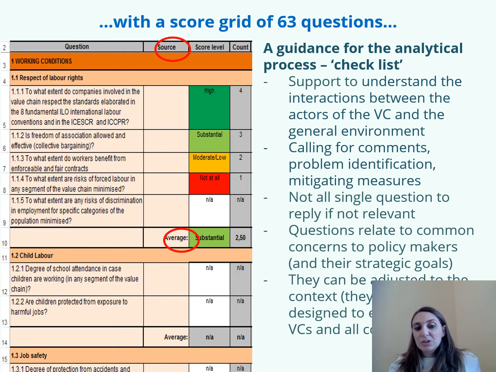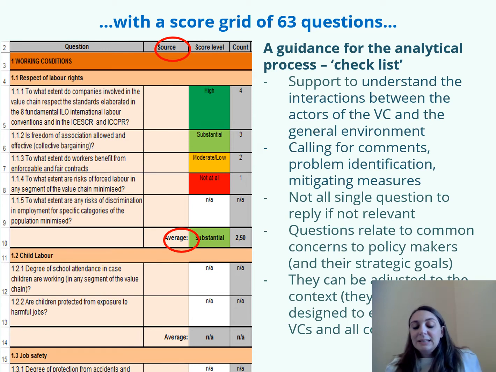What we ask you to do is actually to complete it, because as you know, the idea of VCA4D is to go back in a few years in the country to see how the situation has evolved. So it is important to know how you informed the question so that you or the next social expert that will work on the same value chain can actually see which sources have been used to inform the question.